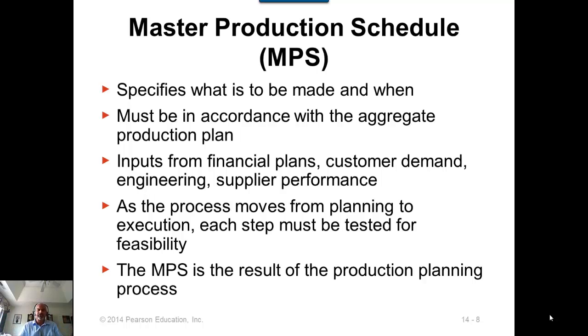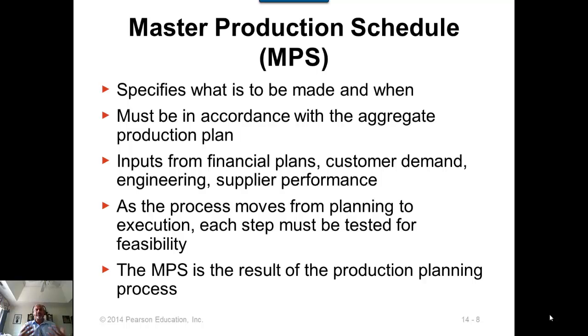and that's your master production schedule. And the master production schedule quantities must be such that they are consistent with the aggregate planning document, the aggregate production plan that we talked about in the previous chapter 13. So if the aggregate plan calls for an overall production of 1,000 units, and your master production schedule, which is for individual products, when you combine them all, it should be 1,000. It shouldn't be less than 1,000, it shouldn't be more than 1,000, so the master production schedule should have a direct connection to the aggregate production plan.